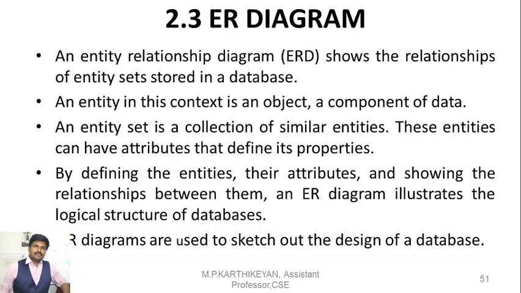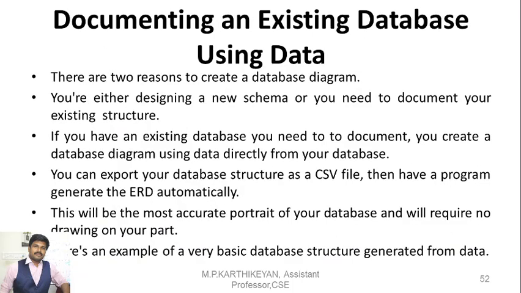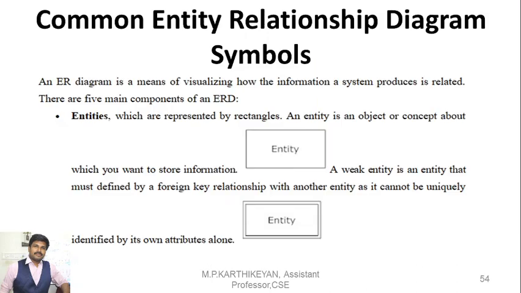And the next component is attribute. So far we have seen what is an entity, what is a relationship, and the last one is attributes. Attributes are entities which are represented by means of their properties. Those properties are said to be called attributes. The properties that define the entities.